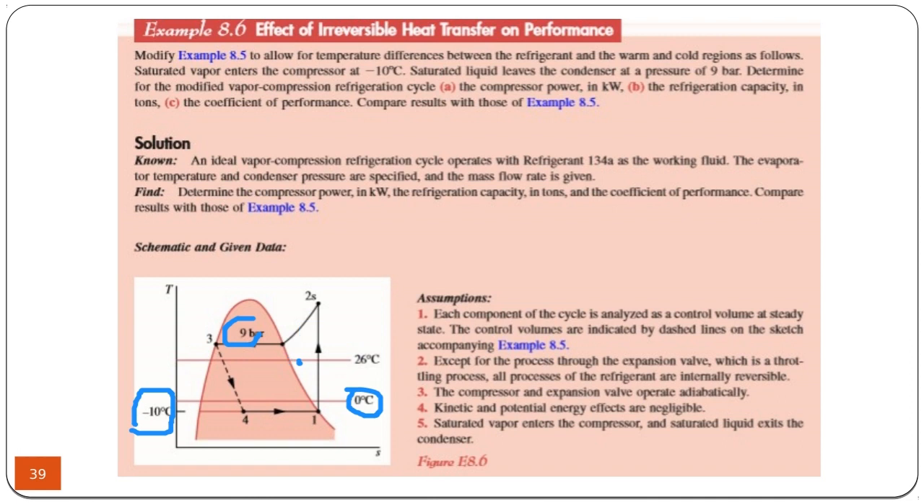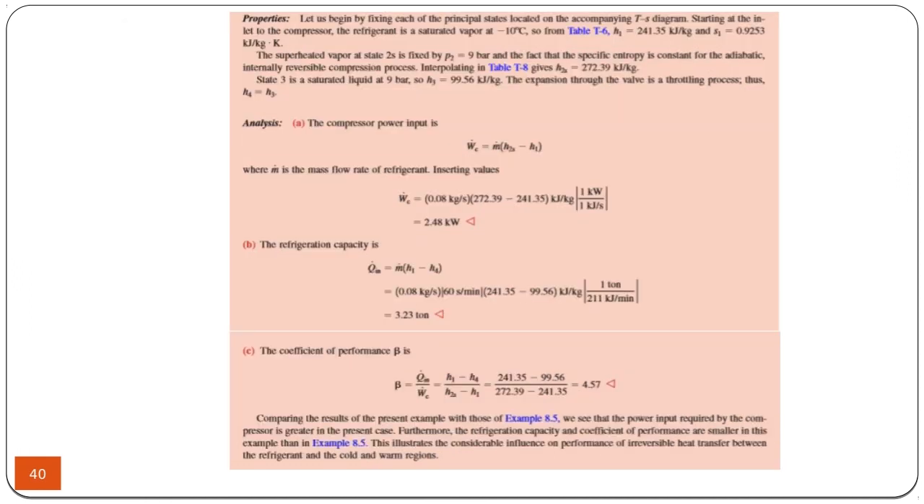So this would be the condenser pressure in the previous one, which is less than 9 bars. So we would like to see what happens if we have a condenser pressure which is higher and an evaporator pressure which is lower. We would like to see the effect of the condenser pressure and the evaporator pressure on the coefficient of performance of the refrigeration system. So in this case, the compressor work is found to be